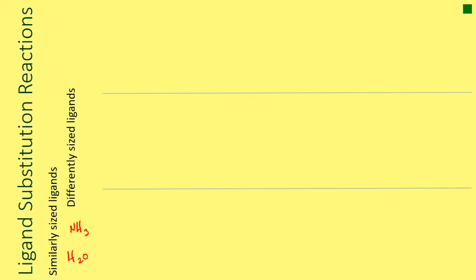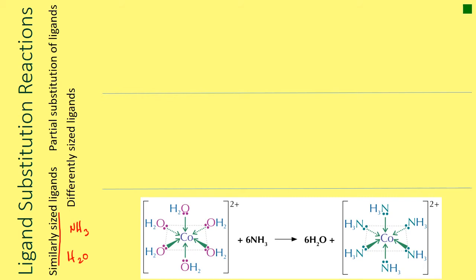well, actually before we do that, the other thing we'll consider in due course is differently sized ligands, and then partial substitution of ligands. So when some of the ligands are replaced and some of the ligands are not replaced, we'll consider those as well. But going back to the similarly sized ligands, we have this as our example. As I said, we've got water and ammonia as the ligands, and let's start off with this cobalt complex,